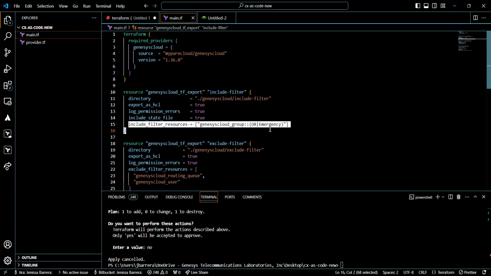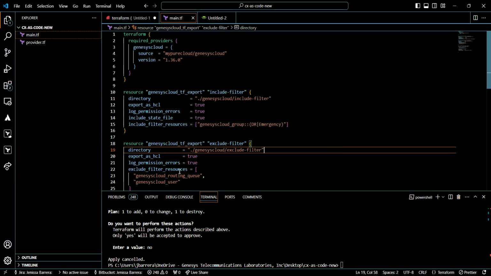For this sample, we have Genesis Cloud group, where the group name should match the regex expression DR or emergency. This code should generate group names that start with DR or emergency only.